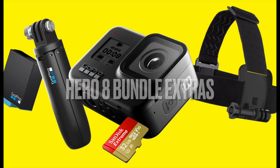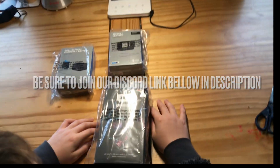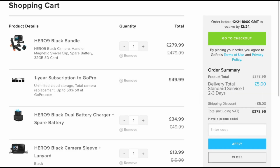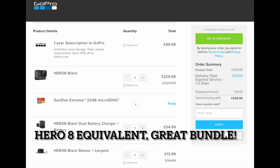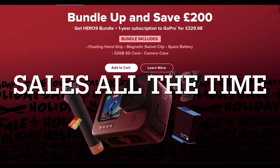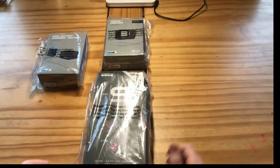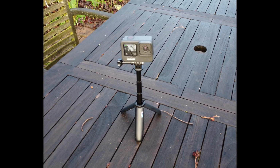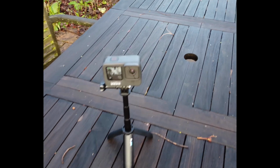Lifetime warranty for these two, and for these you can get the, what's it called, GoPro Care, which you have to get if you want the discount in the bundle. If you miss the Black Friday bundle, the Christmas holidays bundle is always going to be discounted because they overpriced it a bit. They tend to do these discounts quite a lot. So there's also everything, all this, plus